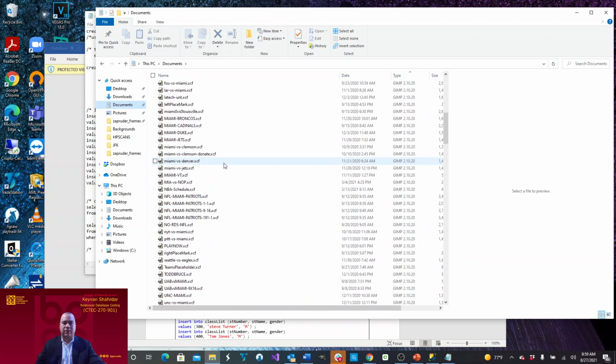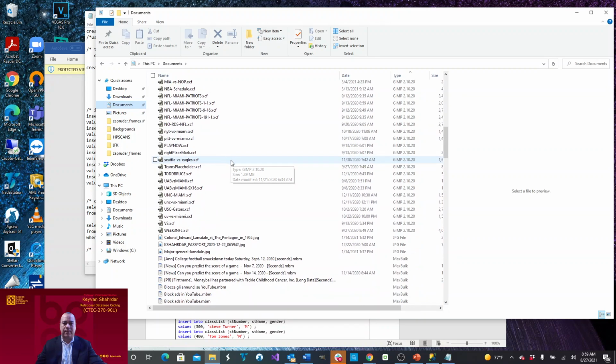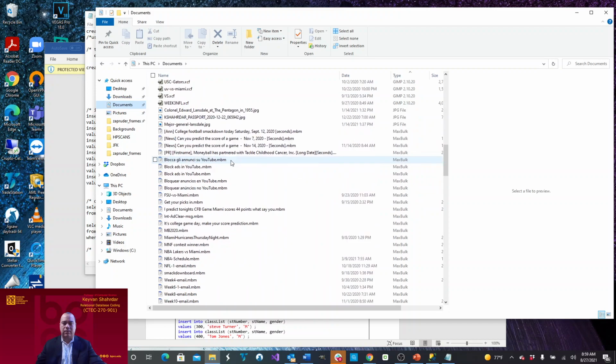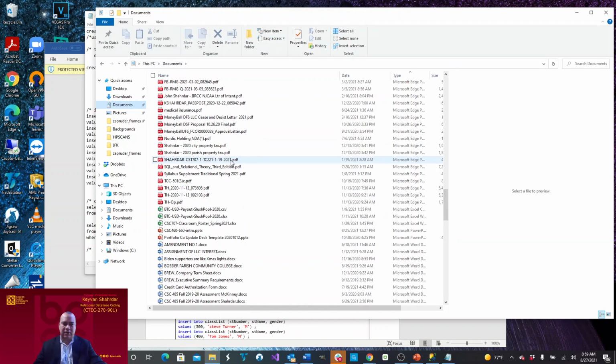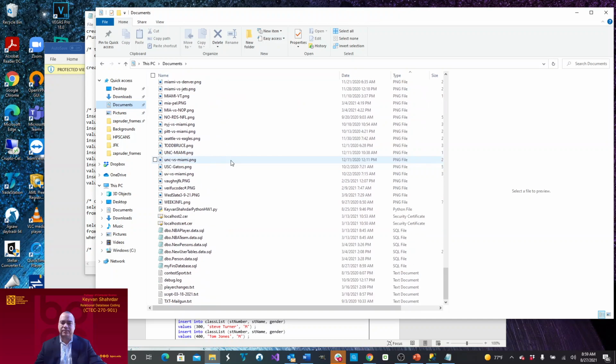Let's see, where can I find it? I have a lot of stuff in my computer, as you could tell. SQL files, and my first database SQL. You can see it right here, right? So what you want to do now is open up